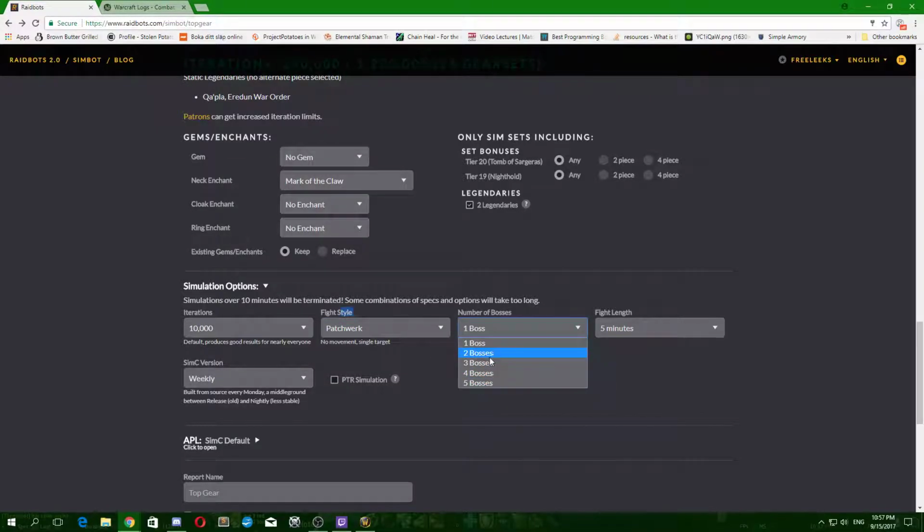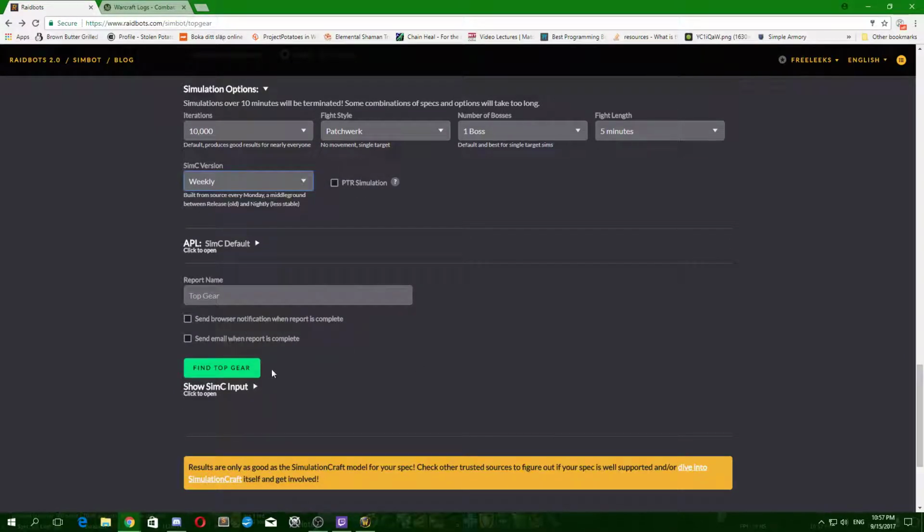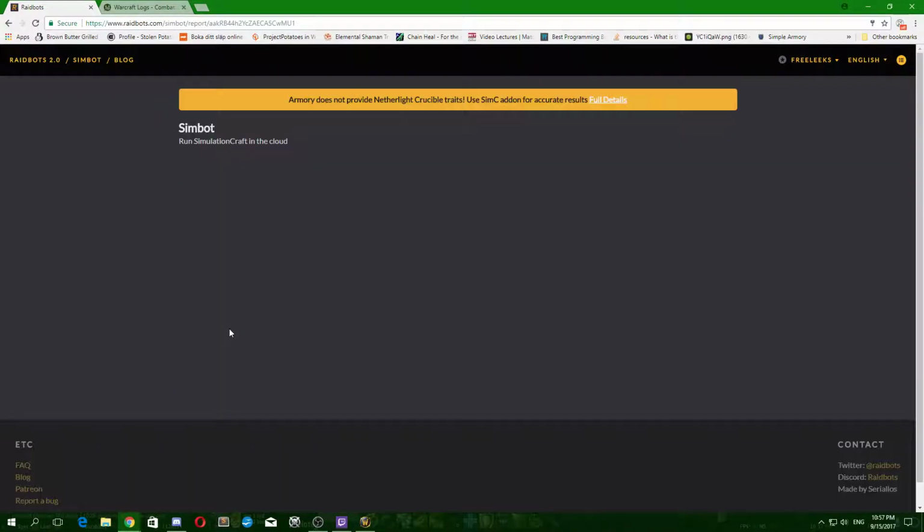or a lot of movement in the fight. You can pick the number of bosses, so if you're doing Demonic Inquisition, you could sim with 2 bosses, and the fight length. You can also pick a nightly build or weekly build. I think nightly is usually better, but yeah, anyways,